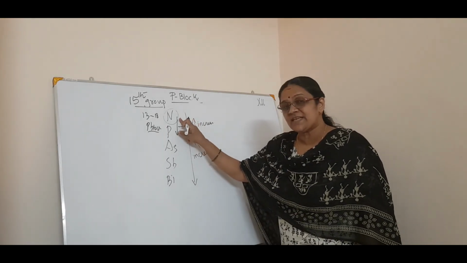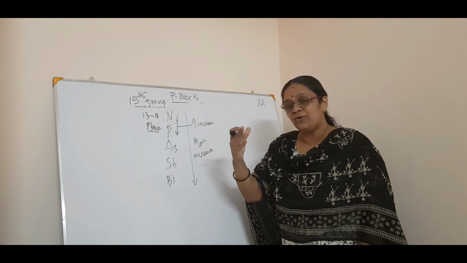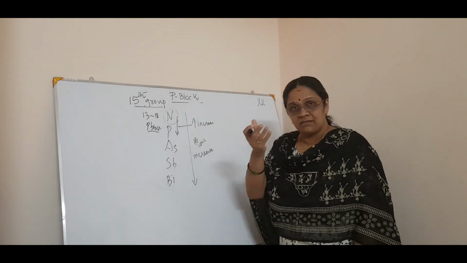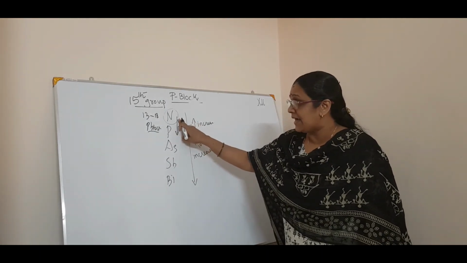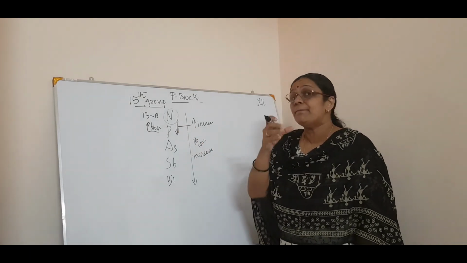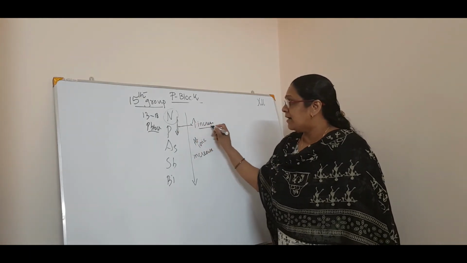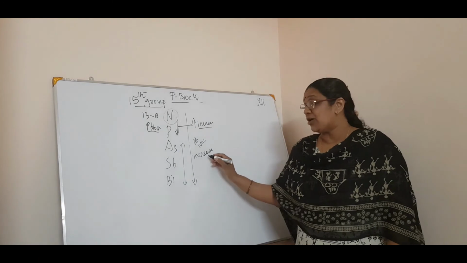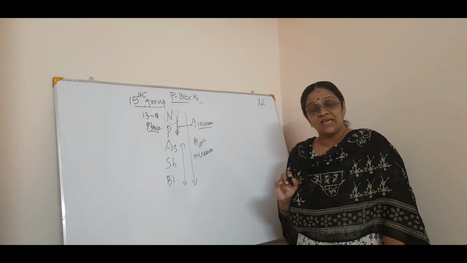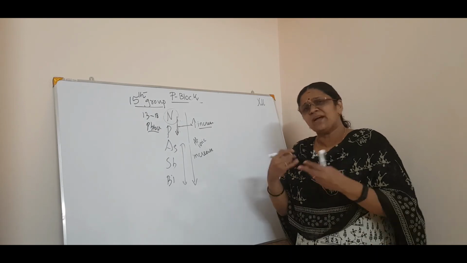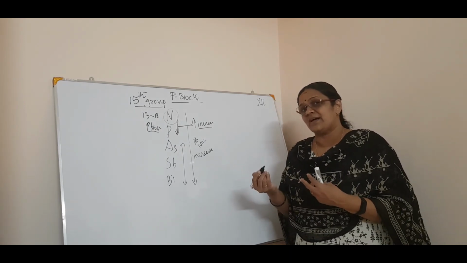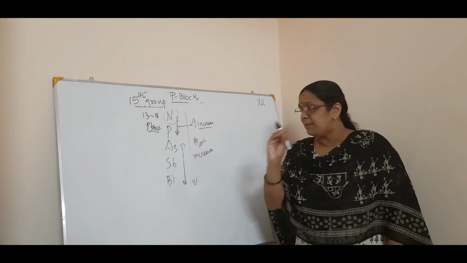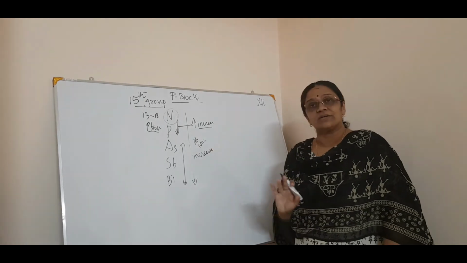So this has a very small size, and that is again due to what? Due to the electrons, isn't it? That small size is due to the small number of electrons. So the atom has a small size, and then coming to phosphorus, it has a bigger size. So there is an increase from nitrogen to phosphorus. Then from arsenic to antimony, there is not much increase in the atomic or covalent radii. There is also a reason for that. Questions can be asked in so many formats. So why is there not a drastic change, but only a minimal increase in the atomic or ionic size?